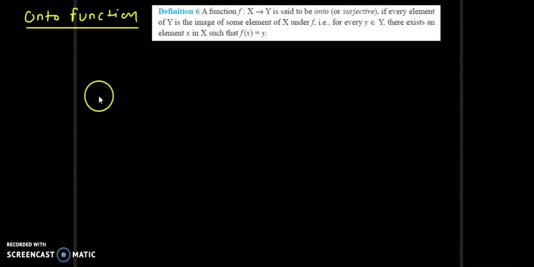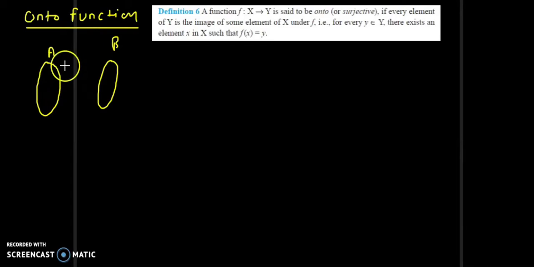Thank you. Okay, next one is onto or surjective function. If every element of y is the image of some element of x, then the function is called onto. I will explain. Suppose this is your A and this is your B. In one-one we saw all the elements of A are having image here.